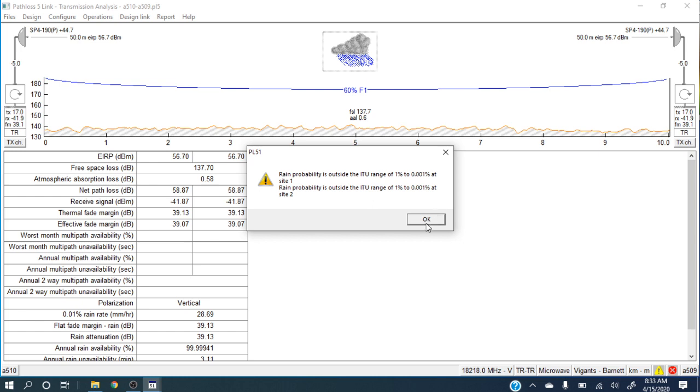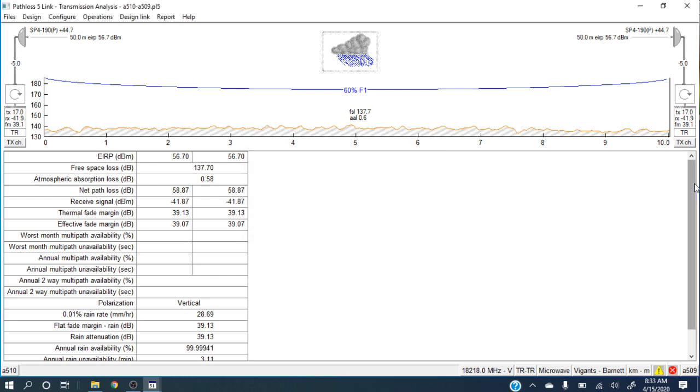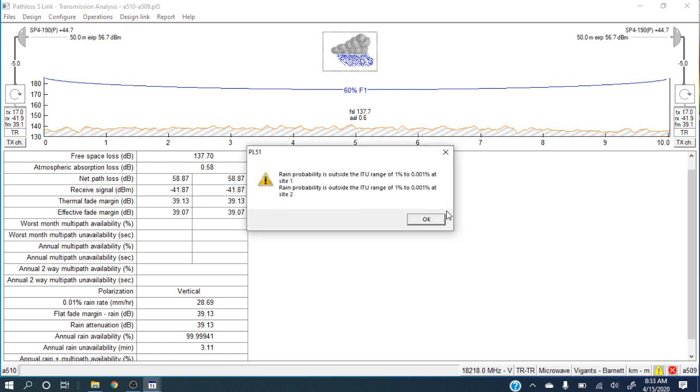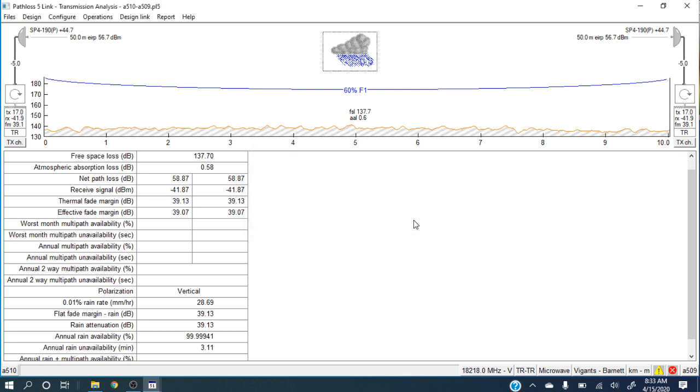Okay, so it's not a problem. It's not even any kind of problem. What it's telling us is that we have planned a link which is better than ITU. You know, we are in 5 nines. ITU needs us to be within 5 nines. I mean, we can have 4 nines and one number less than 9. So as we have 5 nines, we have jumped outside of the ITU boundary, which is not a problem